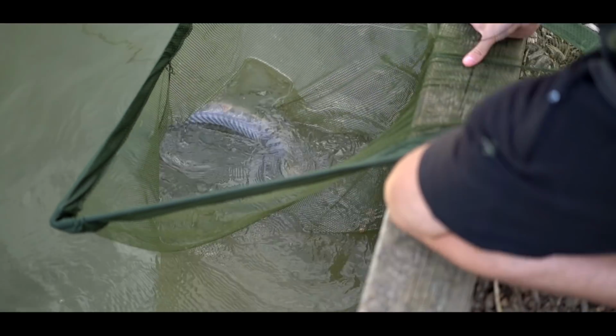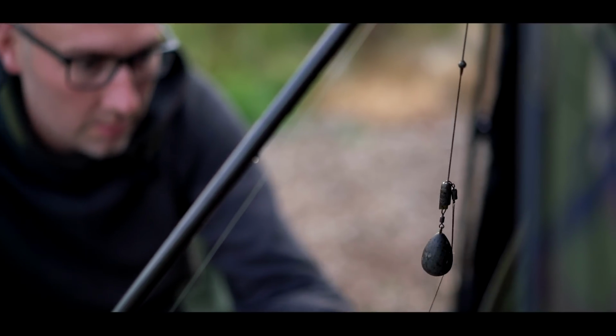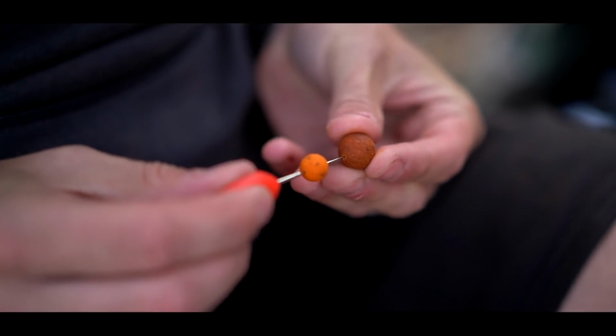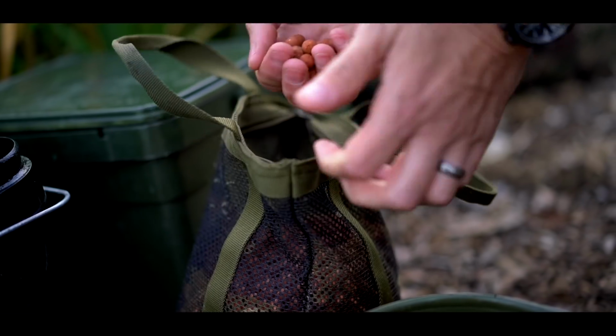So, just slipped one in the net now. I just come back down to the spot as I was just going to put a little bit of bait in. There's still quite a lot of fish here. You can see them fizzing up, seeing a bit of bubbling and stuff. So what I'm going to do is I'm just going to lay this down here a second, grab my bucket of bait,